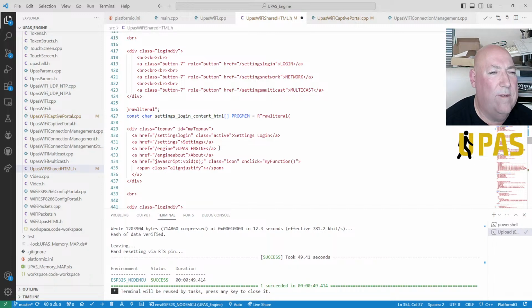Right, so yes, we need to alter that. So we're on settings and it's the settings for the login. So let's change that to login settings. Yeah, that makes sense.